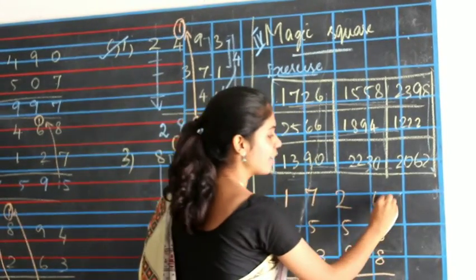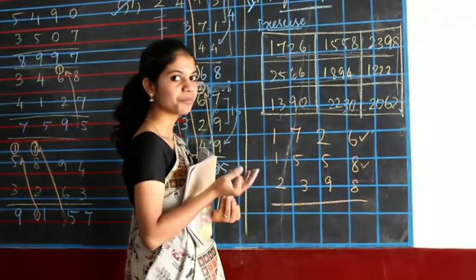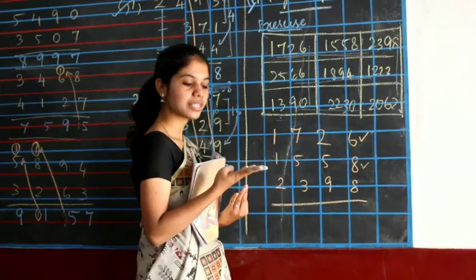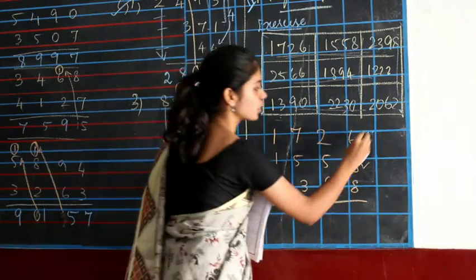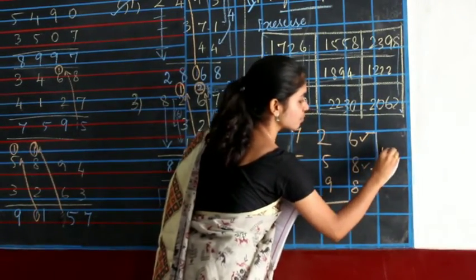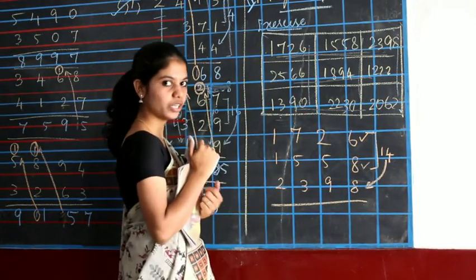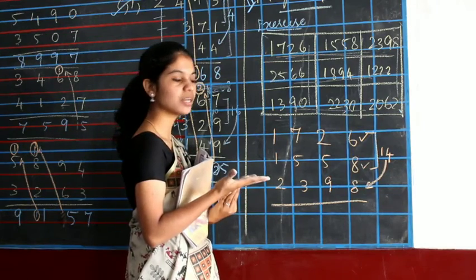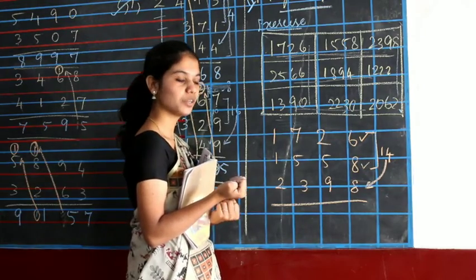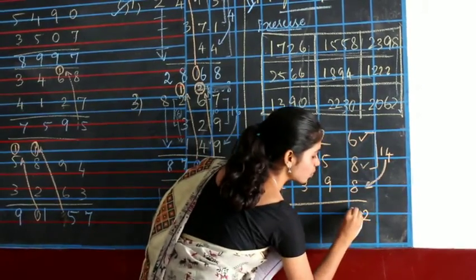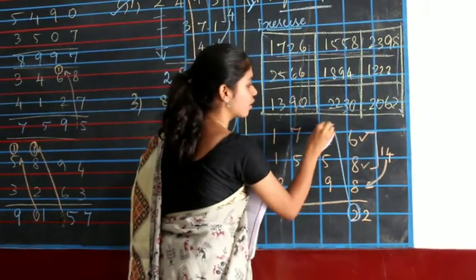Now we are going to add 6 and 8 first. 6 plus 8 will be, 6 in your mind, 8 in your finger. 6 after 7, 8, 9, 10, 11, 12, 13 and 14. So here you got 14. Next you have to add this 14 with 8. 14 in your mind, again 8 in your finger. 14 after 15, 16, 17, 18, 19, 20, 21 and 22. So 22. Here 2 will be your carry. Take that to the top.